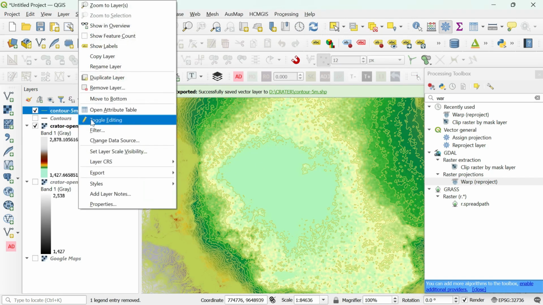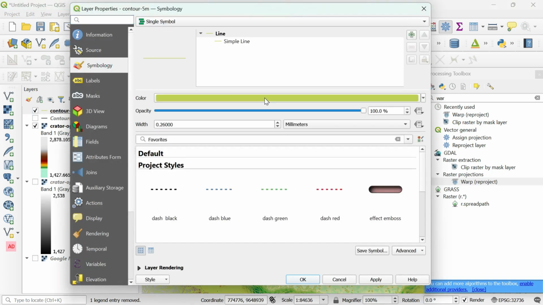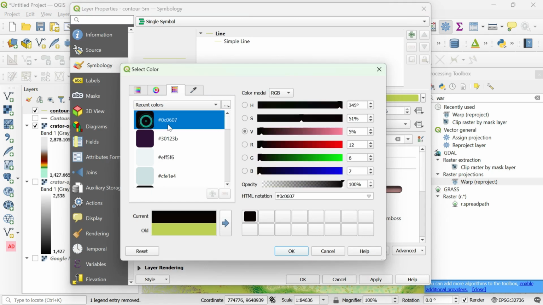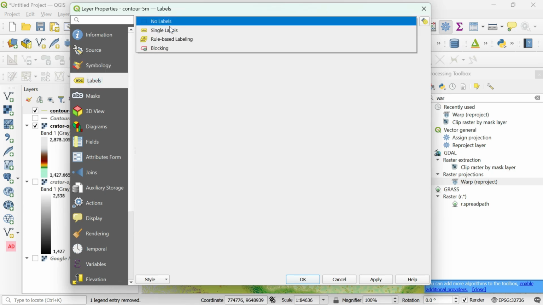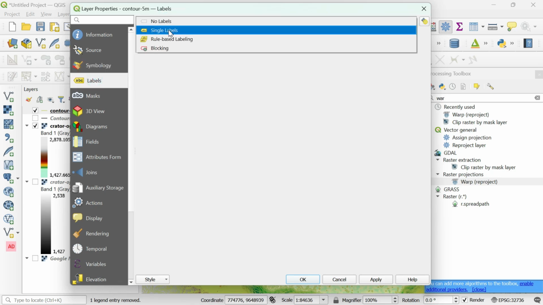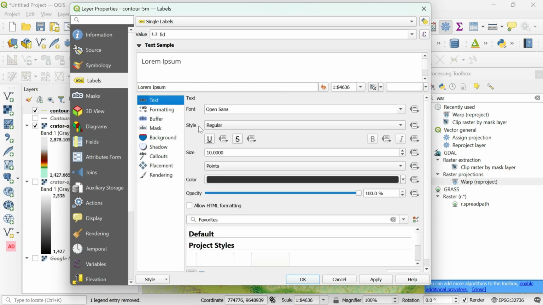Here we change the color and labels. In symbology, we change the line color. I think it's okay, and the thickness width is okay, no problem. For labels, we are going to choose single labels here, with placement online, and for text, the field is the 10 meter.